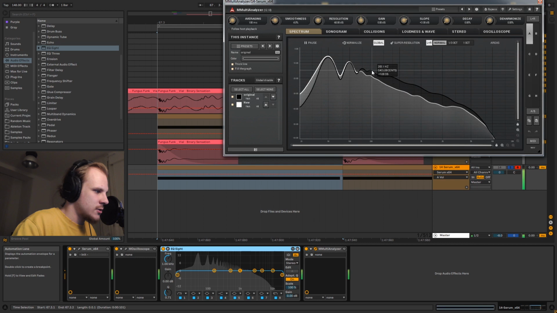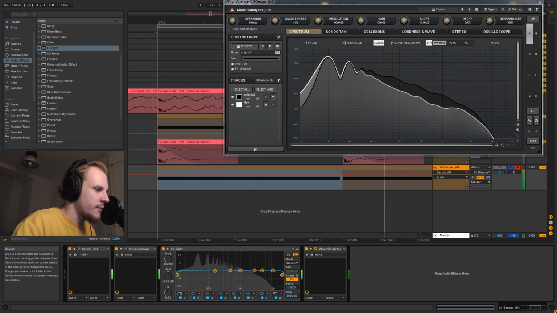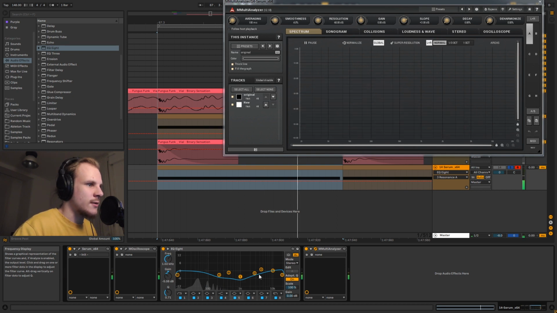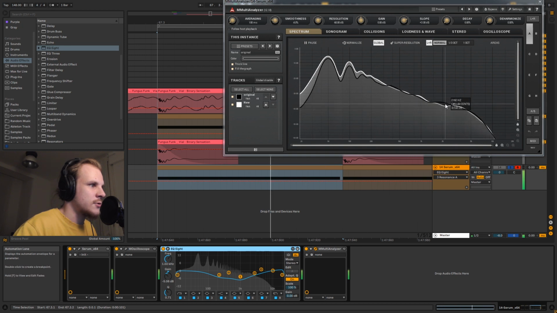So I'm gonna start here. This is a very slow process, matching all those just right. Just a little bit more up. So this is getting very close to the right sound. As you can see, we're getting there. We just need a little cut here and a little cut there, and then a little boost on the lowest